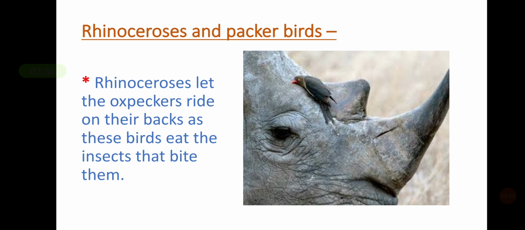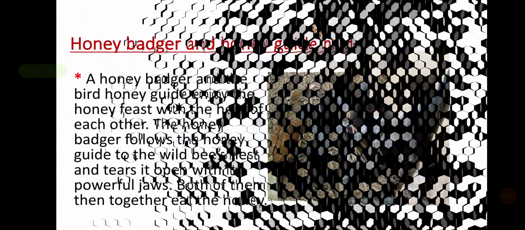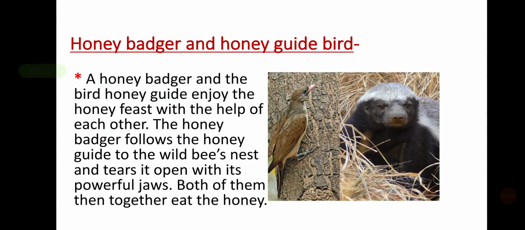So let's read our next example. Here our next example is honey badger and honey guide bird. A honey badger and the bird honey guide enjoy the honey feast with the help of each other. Here, the honey guide bird is also known as the indicator bird. It indicates to the honey badger where the beehive is, and then the honey badger follows it,